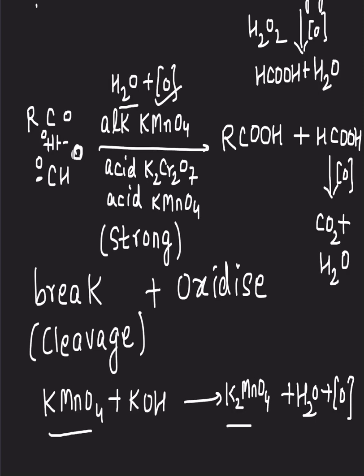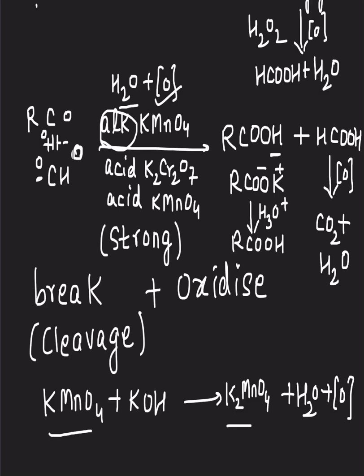You also have to understand that if we are taking an alkaline solution of KMnO4, then this carboxylic acid is actually obtained as RCOOK, right? You will study this later. When you do carboxylic acid, it gets converted into its potassium salt. Now that potassium salt we hydrolyze in the presence of an acid in order to convert it into RCOOH, right?